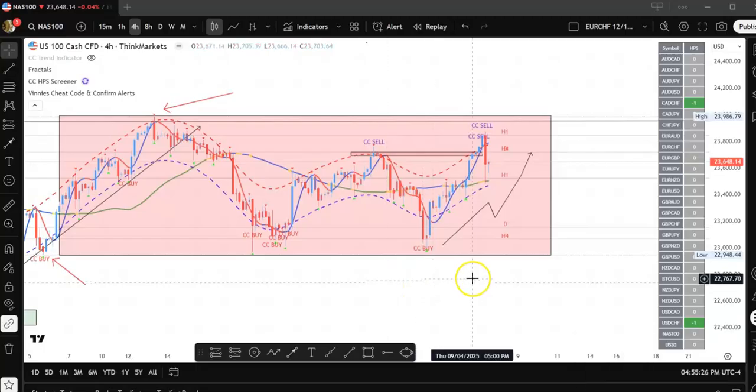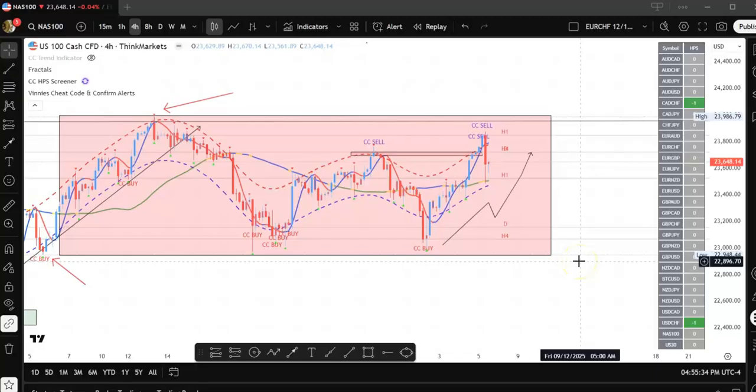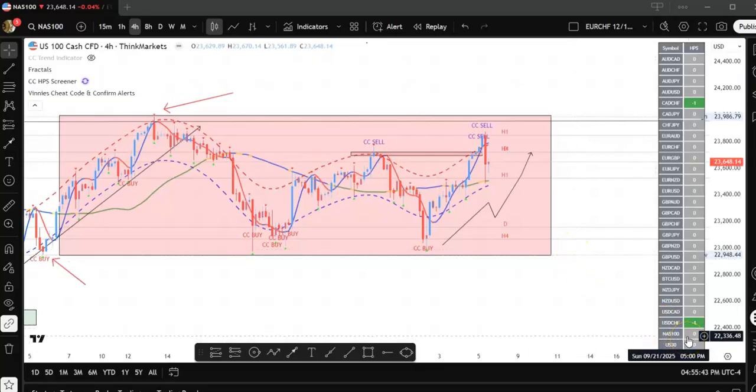You cannot expect to just pop the cheat code on and then just take a sell based on the CC sell. There's other things that you also want to be considerate of. When I took this sell, first thing was I had an HPS sell on NASDAQ. There was a CC sell on the cheat code, and price also was at